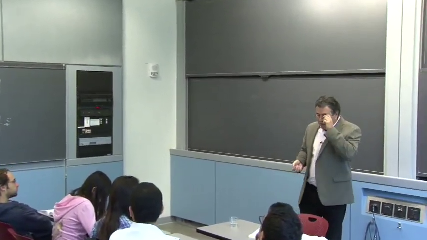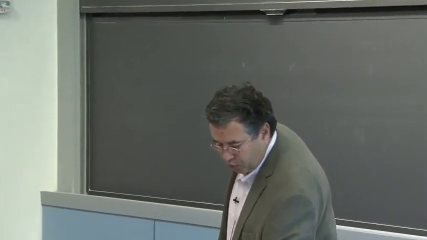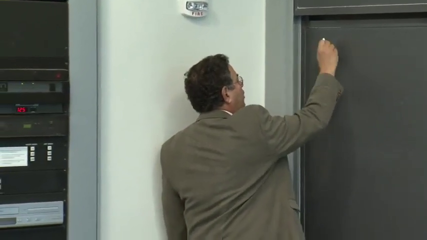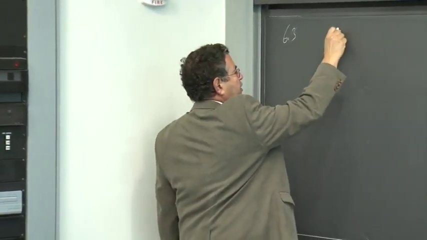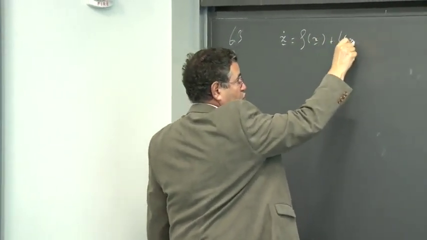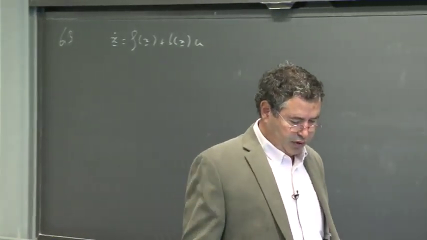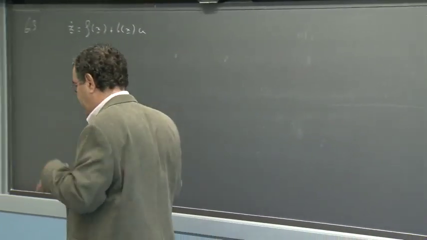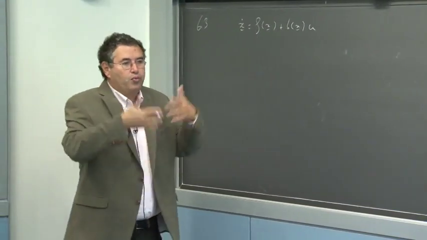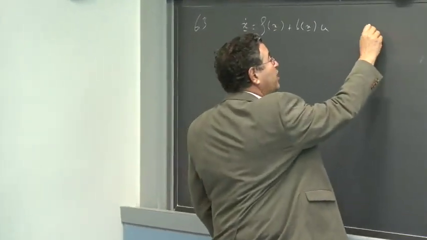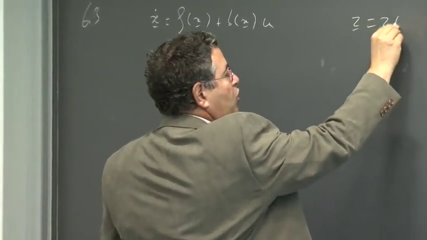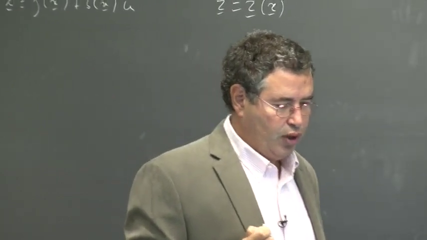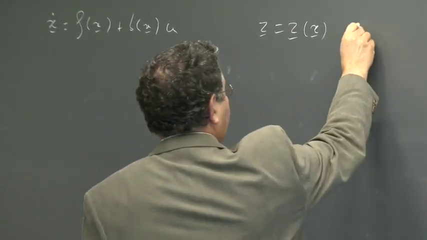So then we moved on to what's the central result in all of this, okay, which says if you have a system, so this was 6-3, right? So if you have a system x dot equal f of x plus b of x u, we're doing this in the single input case, all of these results extend to the multiple input case. We wondered, when is it the case that we can put it in this very simple form z1 to the n equal u? Okay, so when does there exist a state transformation, smooth invertible state transformation, z equals z of x, such that